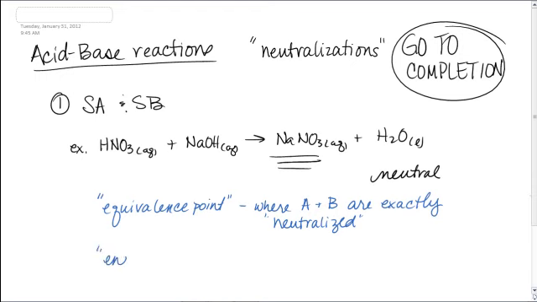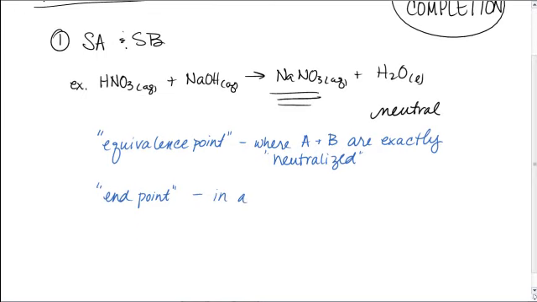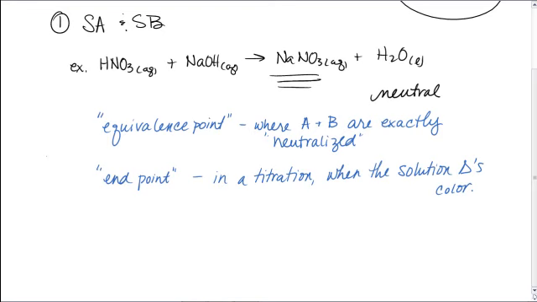Another vocabulary term that we need to know, endpoint. The endpoint is what we consider in a titration. This is when the solution changes color. And so, thinking about a titration, you've got a little burette and your Erlenmeyer flask. We'll do one of these later this week. Let's say you put your acid in there and your base in the burette, and you put your indicator, like phenolphthalein,